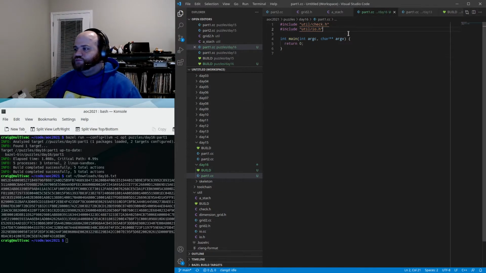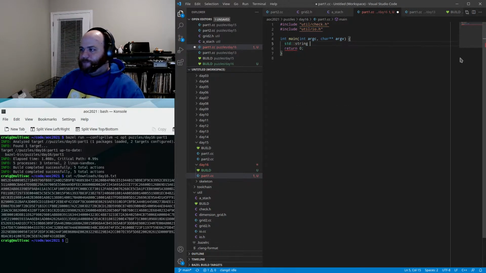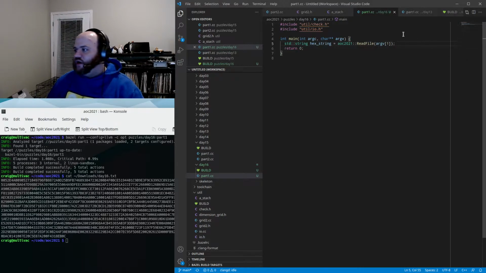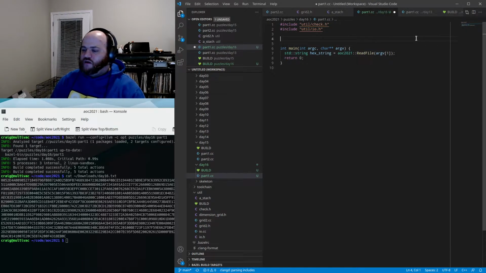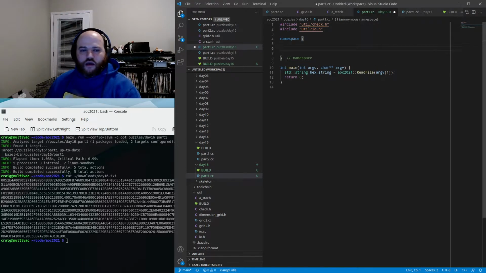So we'll say hex string equals read file, and we'll use argv1 there as the first input to the program, and then I think we can